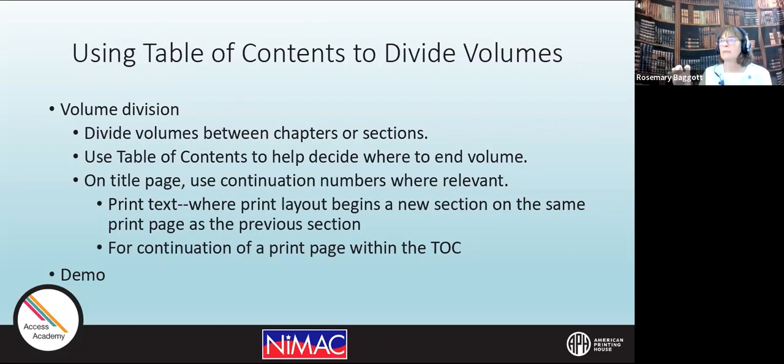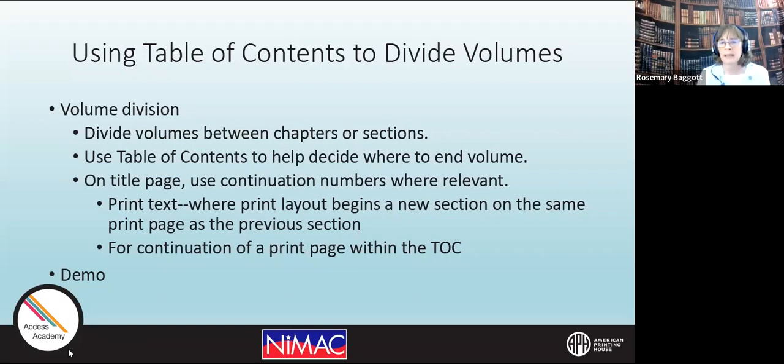But there are times in maybe an upper level book where the next section begins on the same print page. Then on your title page, you're going to need to change that page number. You're going to have to say, okay, the first file goes to page 50 or B50, and the next volume starts on page C50. The continuation numbers are often affected by the table of contents.